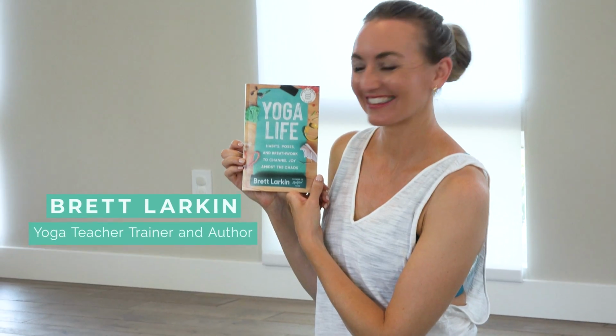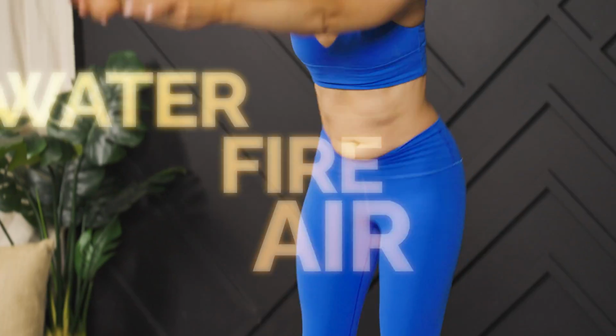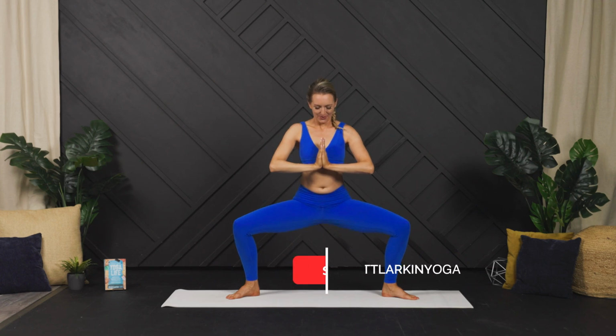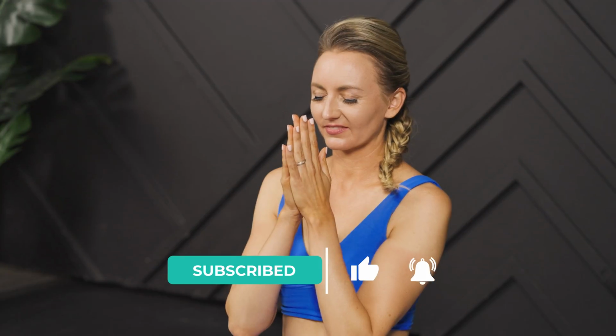In this beginner yoga class, we are going to connect with nature by exploring each of the 5 elements. We'll have different movements and different music for earth, water, fire, air, and ether. We are made up of these same elements, so the more you connect with nature, the more you connect with